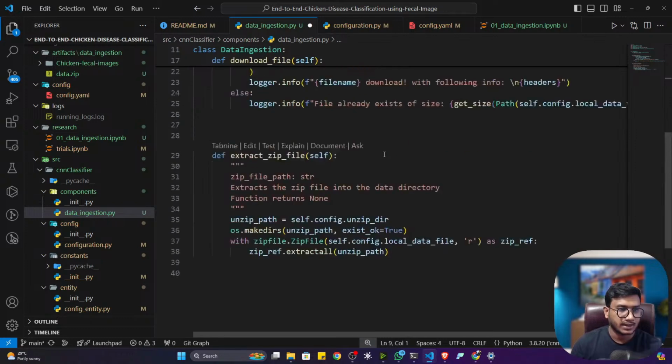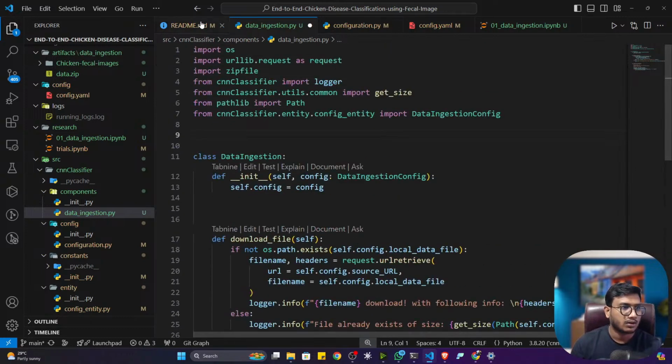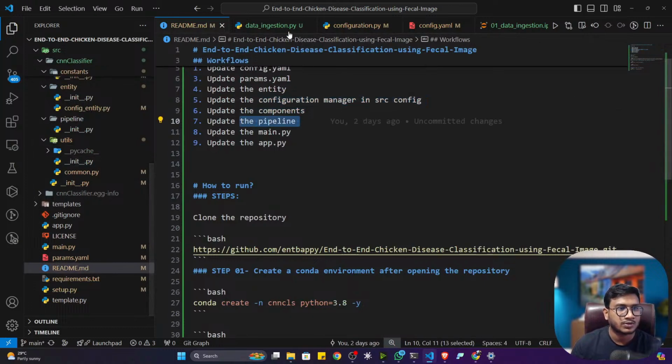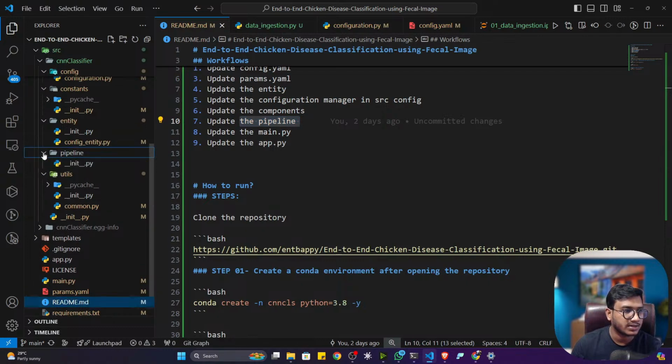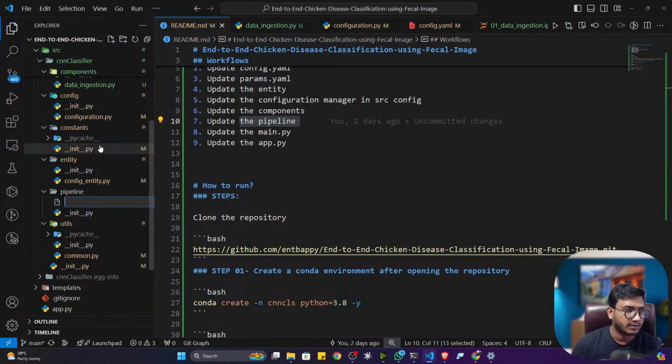Okay, so I think everything is fine. Now the final thing, we have to create our pipeline. That means if I want to execute the component, definitely I need the pipeline. So to create the pipeline, I'll go inside the pipeline folder and let me create a file called